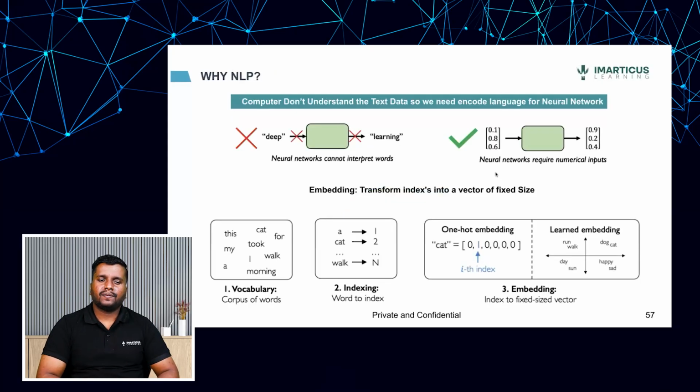So why NLP? A computer doesn't understand the text that we are passing in directly. It is able to understand instructions in the form of logical statements or Boolean entries. In order to make the machine understand, we have to make sure the machine converts the raw information that we are providing into a low level programming language. Deep learning is not directly capable of doing this. A neural network cannot interpret words, what a word is, or what the meaning of a word is. A neural network can interpret numbers.